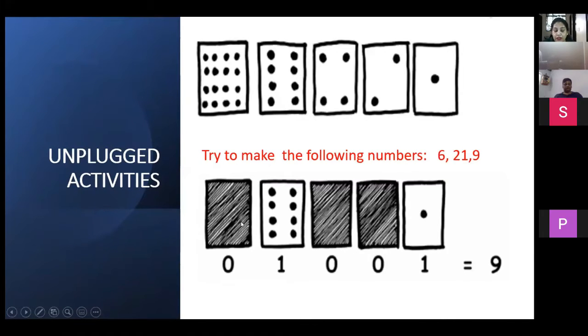Similarly, if you see this image that would be given in front of the student, you need to write down the binary equivalent of this. So what is binary? Wherever the card is upside down, it will be 0, and wherever it has the dots on it, we are going to mark it as 1. So this is going to make the number 9. This way we can do this for all the numbers, or any numbers whichever you wish. You can adopt this method and do this activity with your students. It would surely be very interesting. So I hope this is clear to everyone.